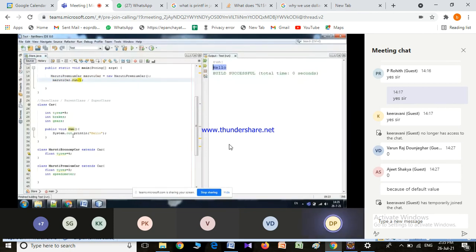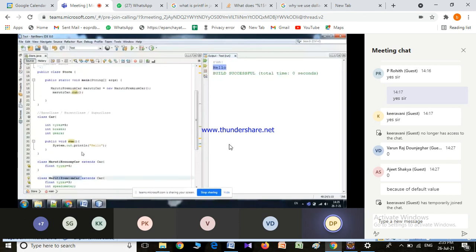So if I run, see that method is not available in the premium car, but it is available in the parent car. So we can access whatever method we want.